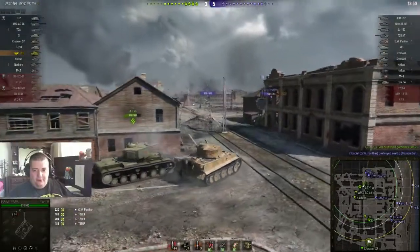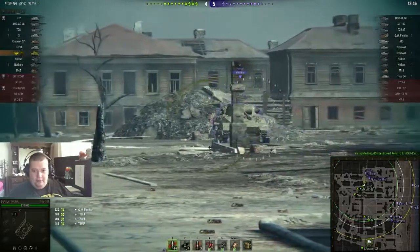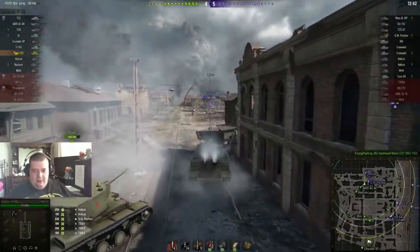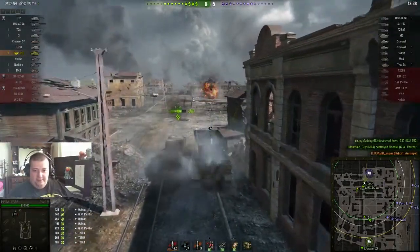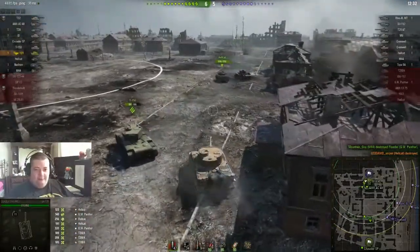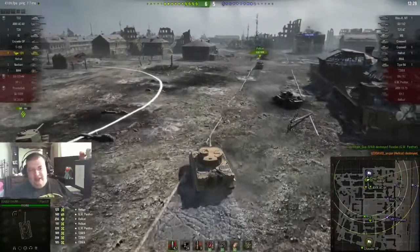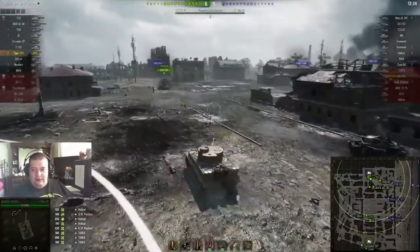Oh, great job, Mr. T-150. Good job with that aim. He just really wants to get himself shot, doesn't he? I mean, I feel like shooting him. He's going to run into us again. No, he's not. He's going to give us a kill. Cool. Thank you, Mr. T-150. That's really helpful. Now go away. You're being annoying. Okay, so currently we're pretty much even with the enemy team. It looks like...